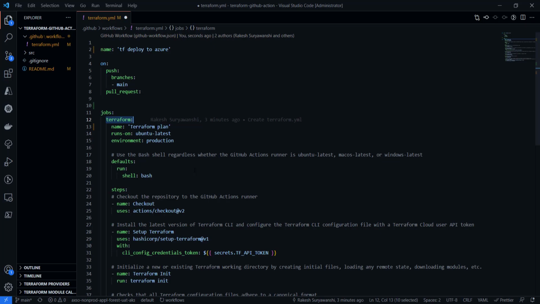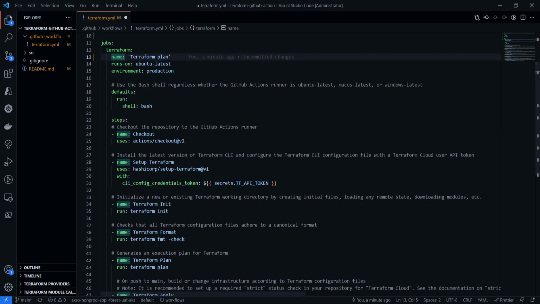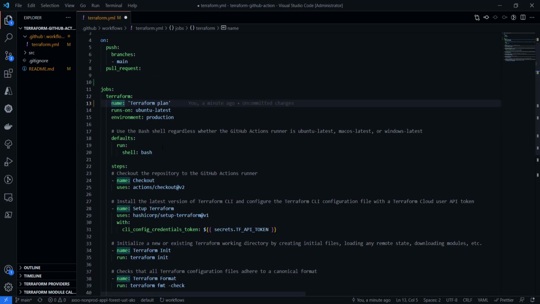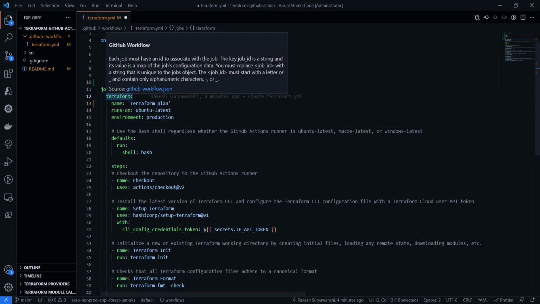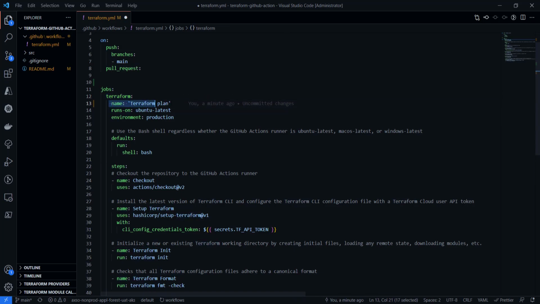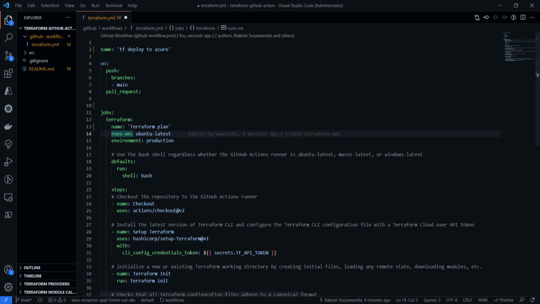So we are going to have two stages. At the moment in the default template, it has just one stage. In the stage we have a definition: the name of the stage, or you can call it the ID of the stage. This is the display name of the stage, and here we are saying which agent it runs on.